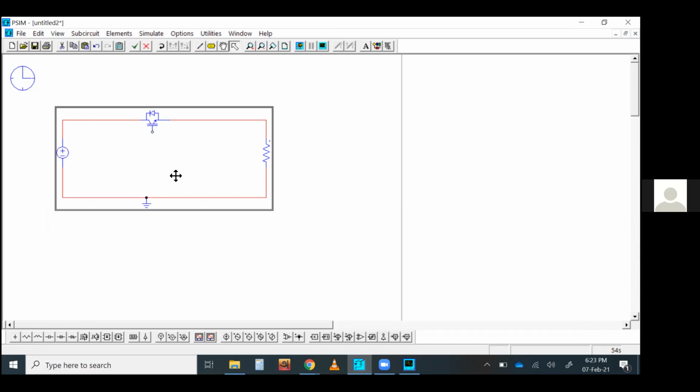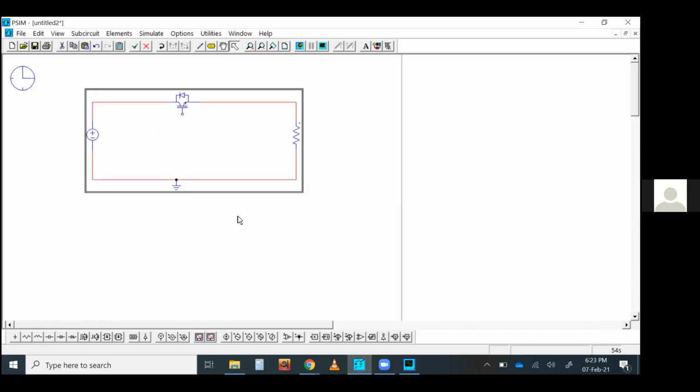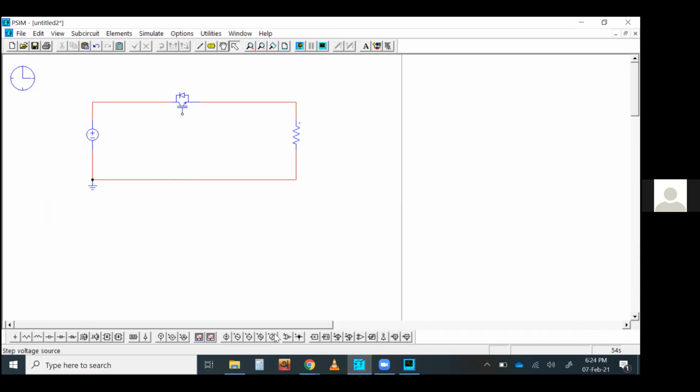So this is a simple buck converter circuit. Very simple. Now what you're going to need? You're going to need a control circuit to generate a control signal here, right? So I'm putting this one. This will generate a square wave on-off signal. But earlier I told you already, in between these two, you're going to need this gate controller.